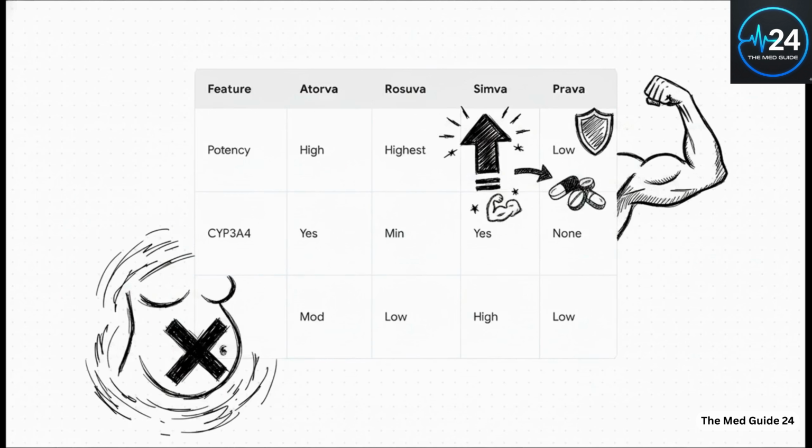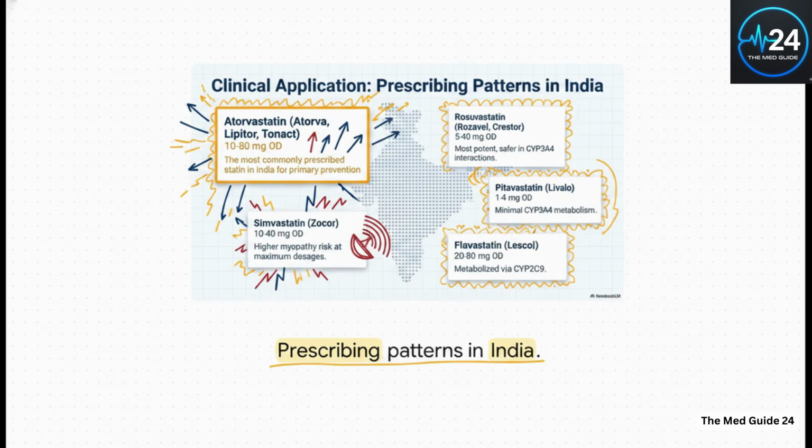Need aggressive lipid lowering without a massive muscle risk? Rosuvastatin is your go-to. Oh, and never forget, they are all category X for pregnancy, absolutely contraindicated. While atorvastatin remains the most widely prescribed option for primary prevention, you've got to be extremely cautious with simvastatin's higher myopathy risk at its maximum dosages. Looking at regional prescribing patterns, particularly in places like India, atorvastatin dominates, usually dosed at 10 to 80 milligrams once daily. But if you see an older patient rolling in on 80 milligrams of simvastatin, your myopathy radar should immediately